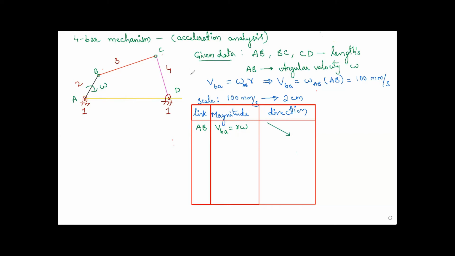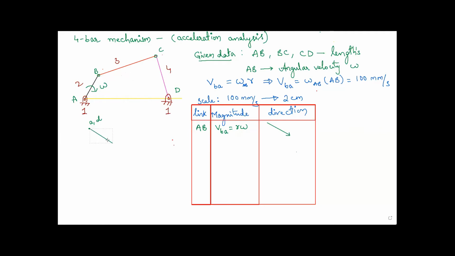Now the first step is that, parallelly, I will draw the velocity diagram. I will take the fixed points first, because A and D don't have any velocity with respect to each other. With respect to each other, these velocities are zero. That's why the vector is a point instead of a line. So I will write A, comma D. Got it? And just now we discussed that the direction is perpendicular and the magnitude is 2 centimeters.